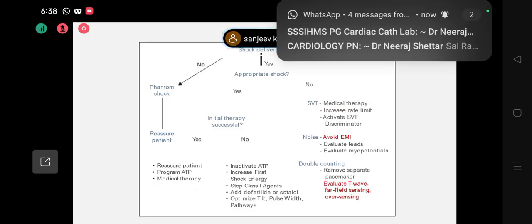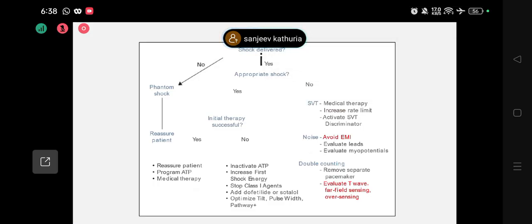SVT. Has it been given for SVT instead of VT? Is it that the patient told that he had gone near, let's say, a fan, he was repairing a fan, he was repairing a battery? So avoid EMI, electromagnetic interference. These are the two external factors. And third,